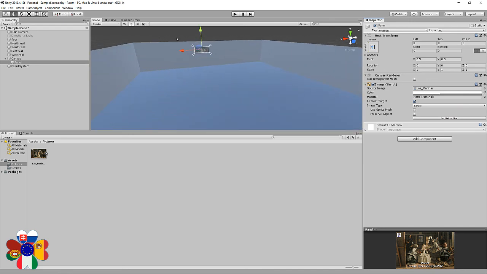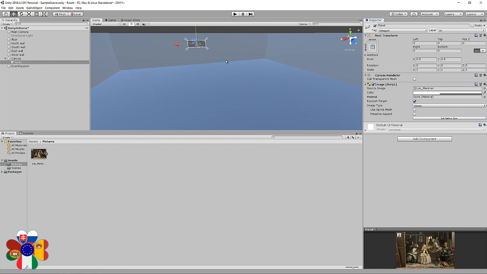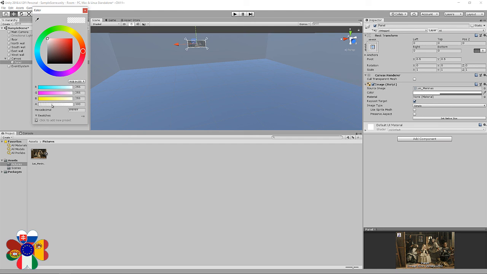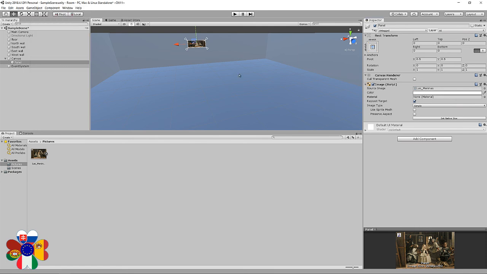Now we zoom in and we can see the painting, but here there is a transparency, so we put the value to 255 and we can see the painting really well. After changing the color, we set the native size,